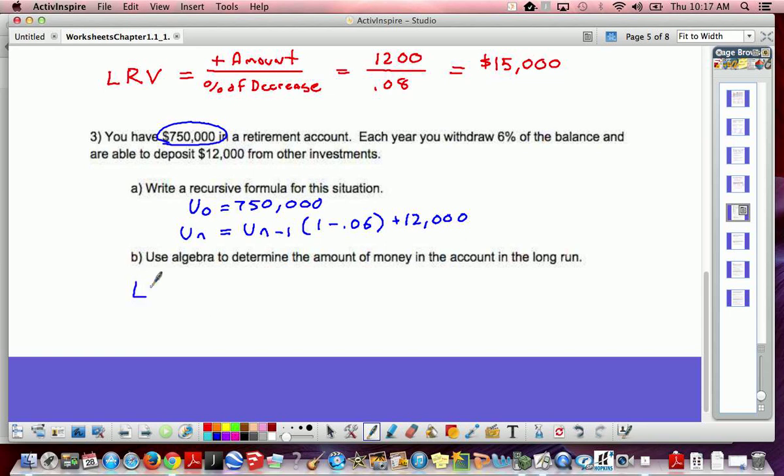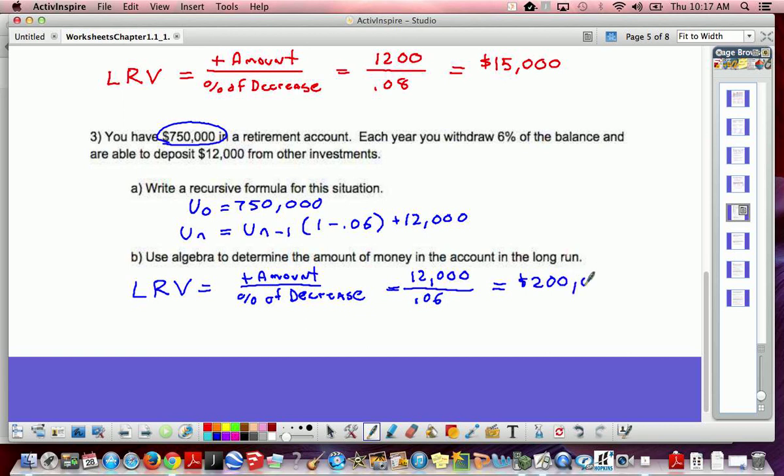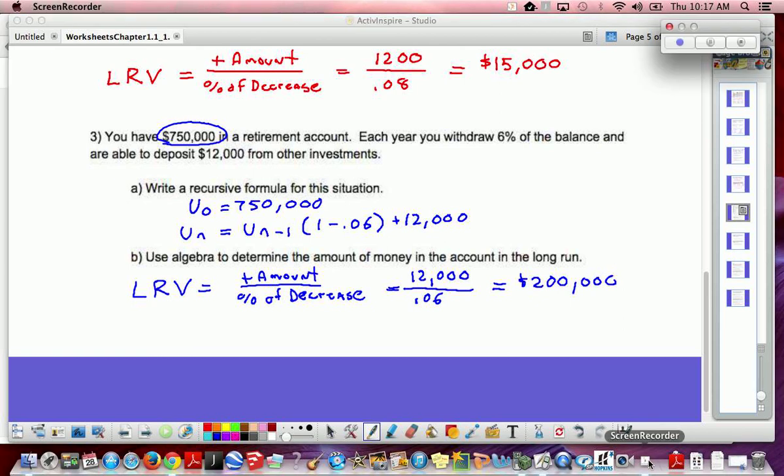So just like we did before, long run value is equal to the adding amount divided by the percent of decrease. So in this case, our adding amount was 12,000, and we're dividing it by 0.06. And in this case, we can keep on doing this for a very long time, and we'll still have at least $200,000 in our retirement account. So that ends page